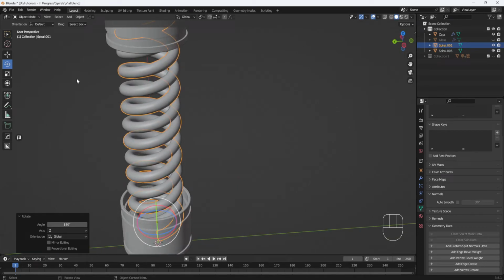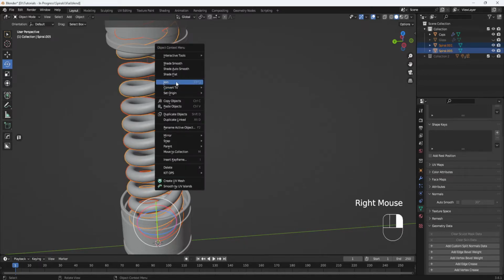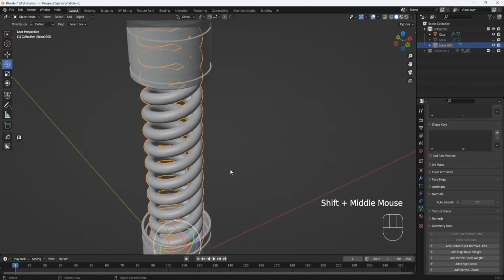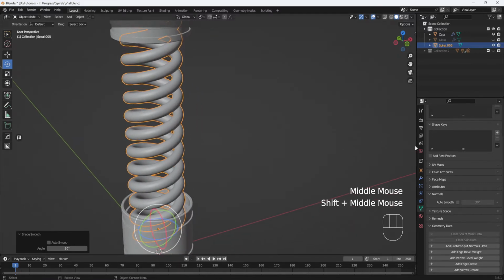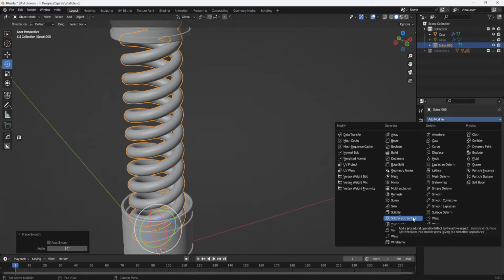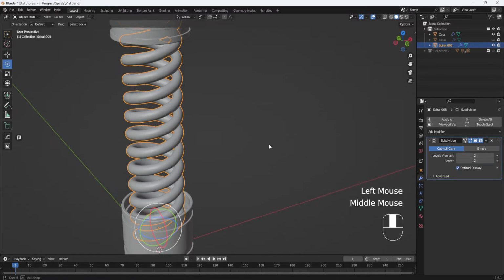Now I have two separate spirals, but I want them to be one object. So if I select one spiral and then shift-click on the second one, I can then right-click and join, and that will combine them into one object. And now I'll right-click, choose Shade Smooth,